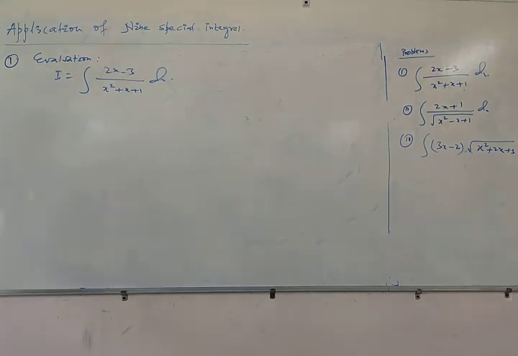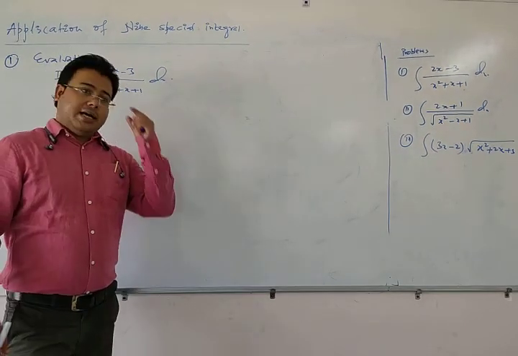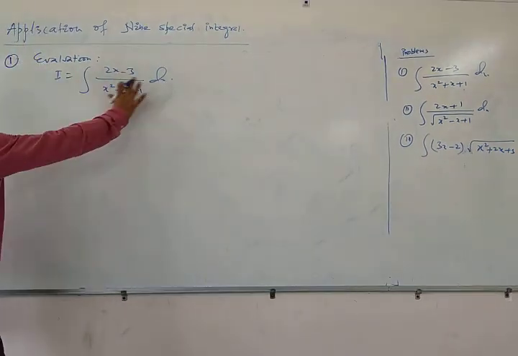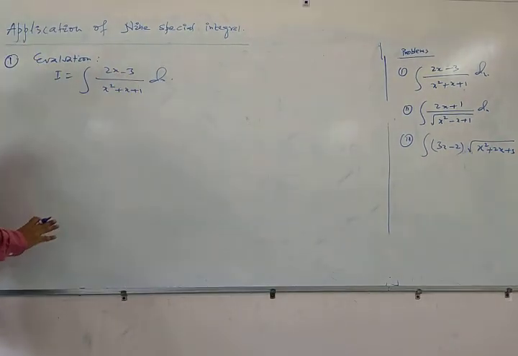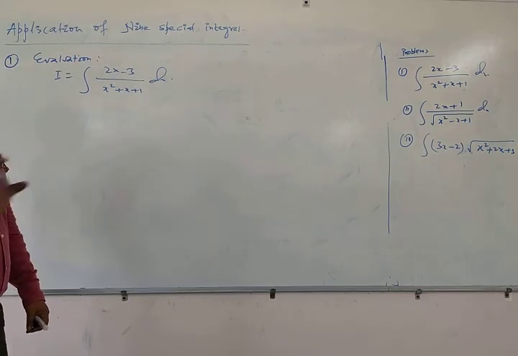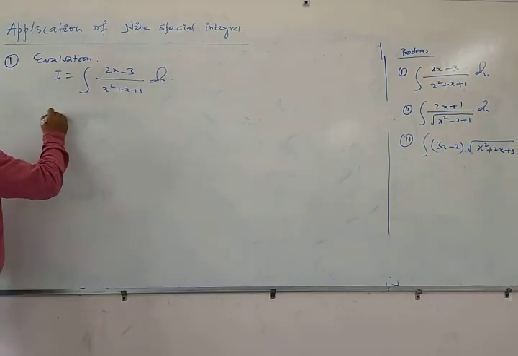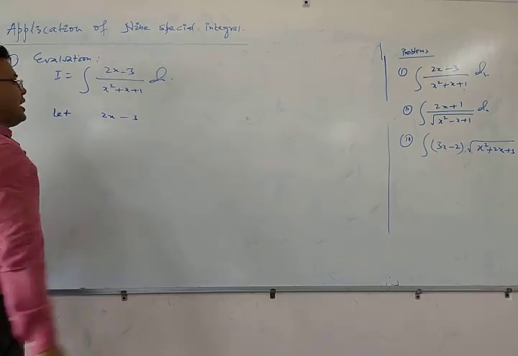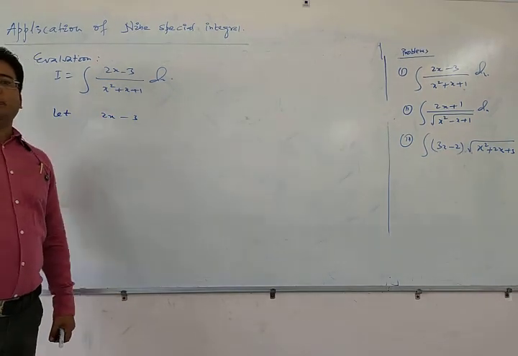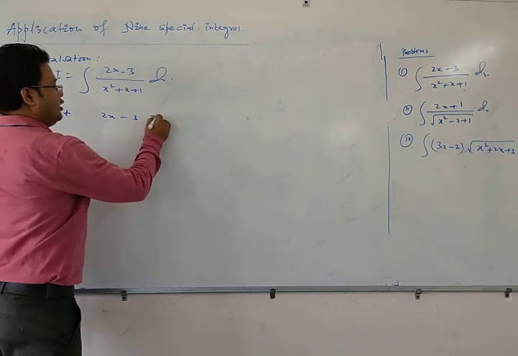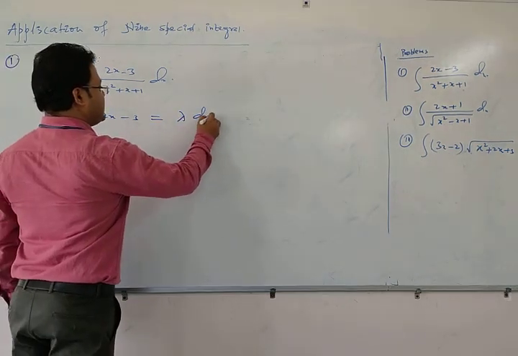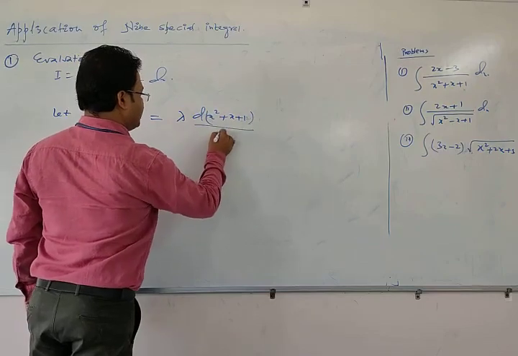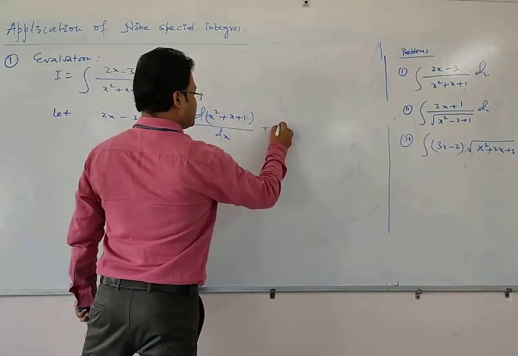सो हेलो स्टूडेंट्स, मैंने पहला जो सवाल है उसको पिकअप किया और यहाँ पे मैंने लिख दिया। अब इस क्वेश्चन को बनाना है, हमको पता है ये कौन सा टाइप है और कैसे इसको डील करते हैं। तो हम लोग यहाँ पे रूल फॉलो करते हैं। तो लीनियर एक्सप्रेशन यहाँ पे 2x - 3 है, तो हमने यहाँ 2x - 3 लिखा, और this is equal to lambda into differentiation of x² + x + 1, meaning quadratic expression with respect to x, plus constant term mu.